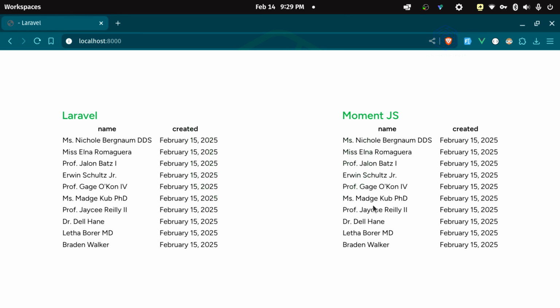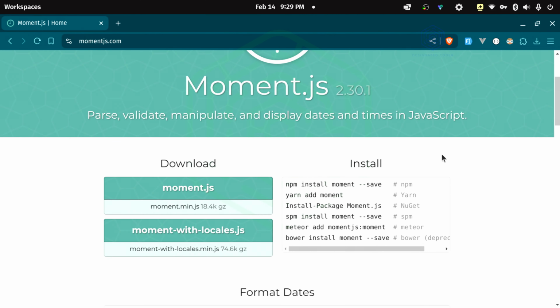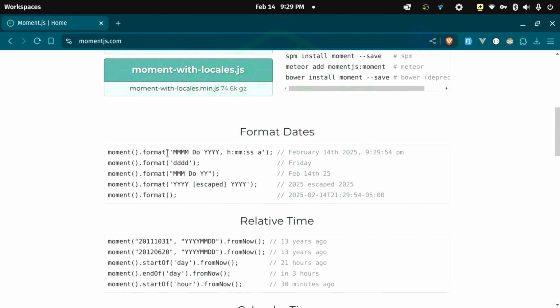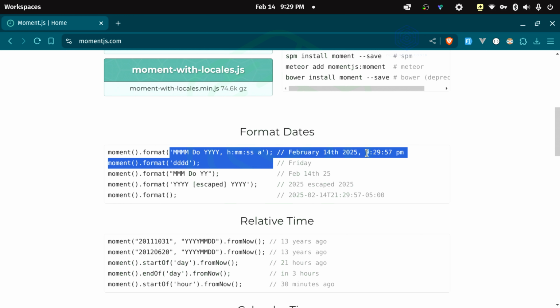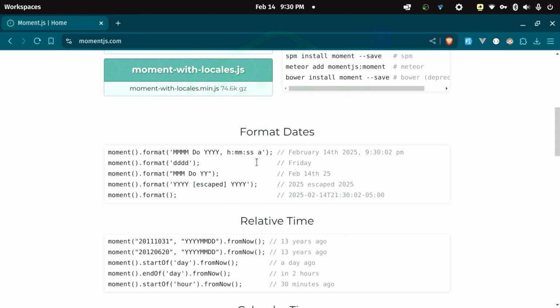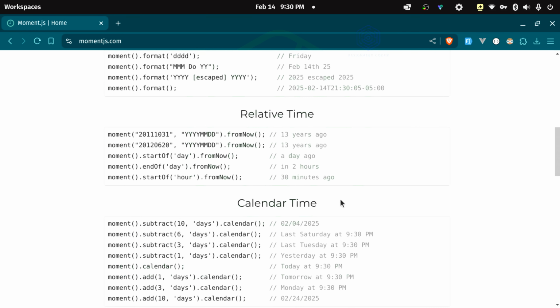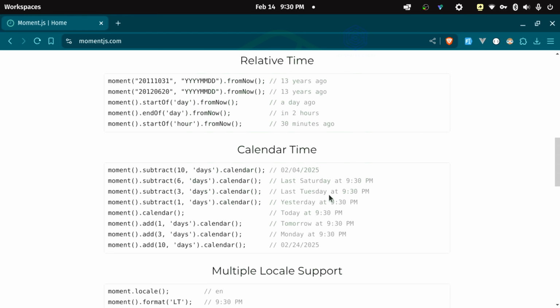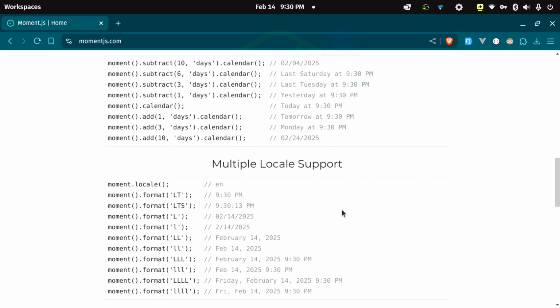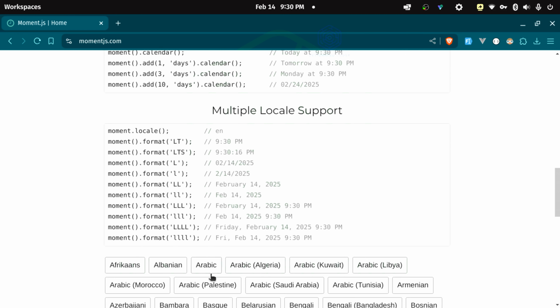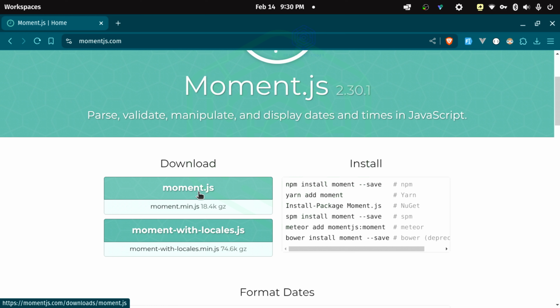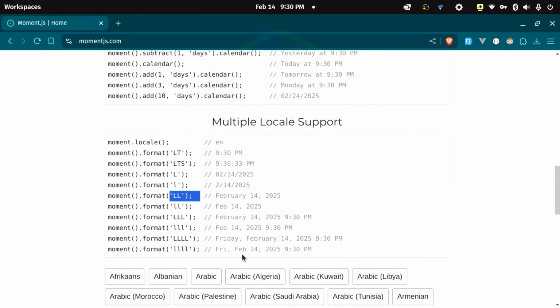Great. So now when it comes to Moment.js and the formatting, you can take a look at the documentation and it shows you pretty much how it works. It also has updated time and everything is pretty much set out for you. All you have to do is put the correct formatting in and it'll come out the way that you want. But if you take a look at this, you can see that there are multiple ways of doing it and different ways to set this up. And as I said, it also has localization, which you can change some things on there. But I do believe that you have to also install with locales. So instead of this Moment.js, you would install Moment with locales, and that would bring you the information that you need for this.